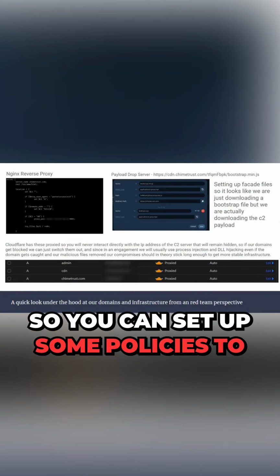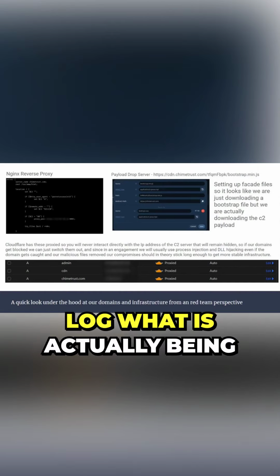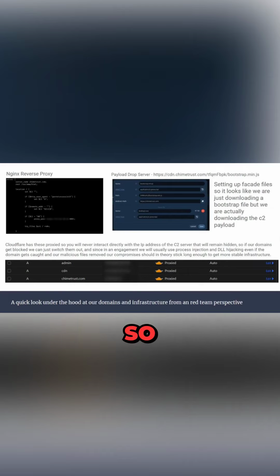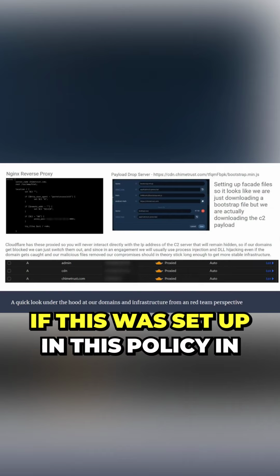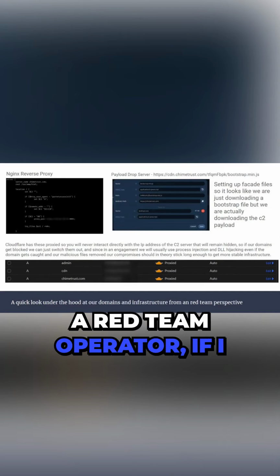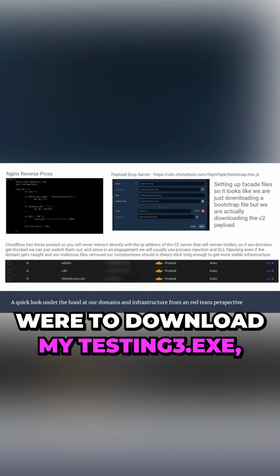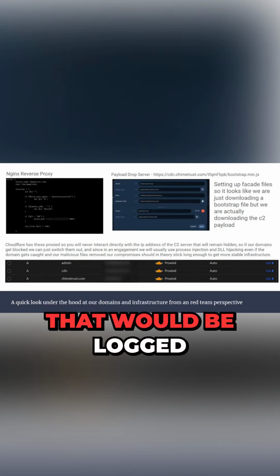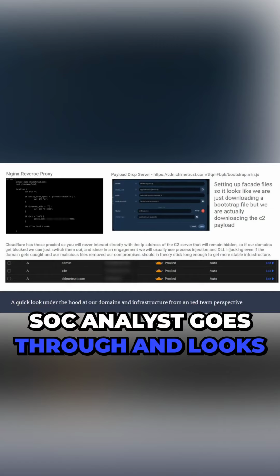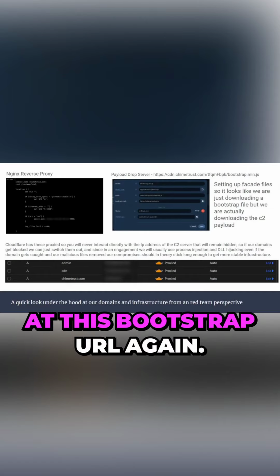So you can set up some policies to log what is actually being downloaded each time you're making this request. So if this was set up in this policy in this way, as a red team operator, if I were to download my testing3.exe, that would be logged somewhere. And then when I shut that off and a SOC analyst goes through and looks at this bootstrap URL again,